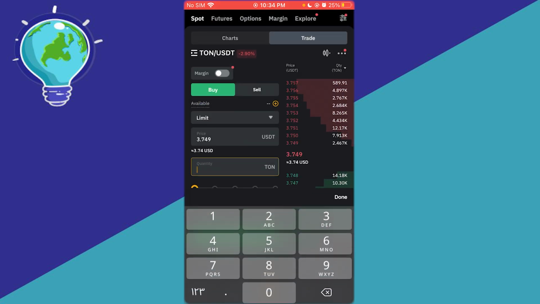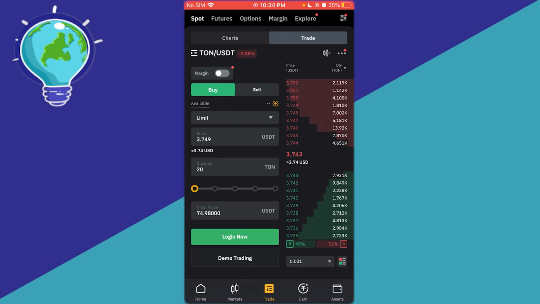And once you do that, type in the quantity of TON you want. So let's say I want 20 TON, right? So 20 TON is going to go for around 75 USDT. So once you've reached the correct price and you can see the increase and decrease in pricing, simply go ahead, trade it for yourself, and that is how you're going to buy TON on ByBit in the easiest